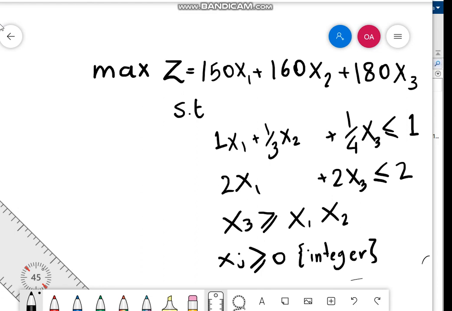The first two constraints are linear constraints. The third one is x3 is greater than or equal to x1 by x2. So this is a nonlinear constraint, but it still is a convex constraint. We want to change it into MATLAB standard form, so multiply both sides by -1. So this becomes minus x3 is less than or equal to minus x1 by